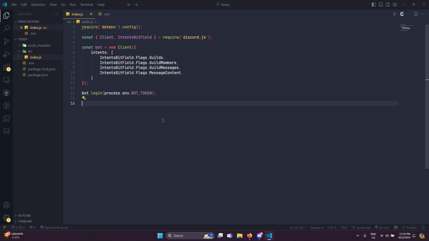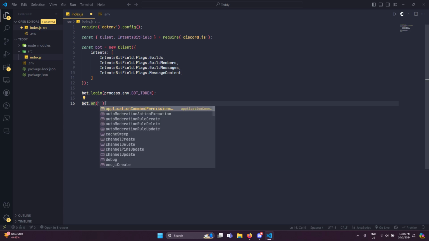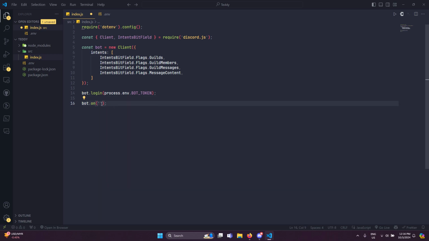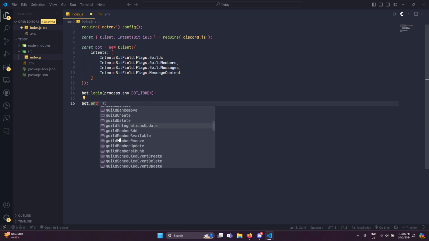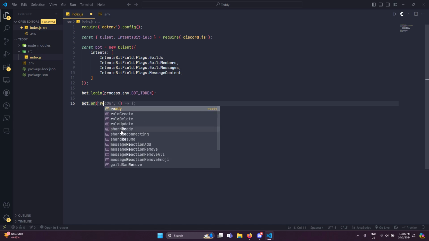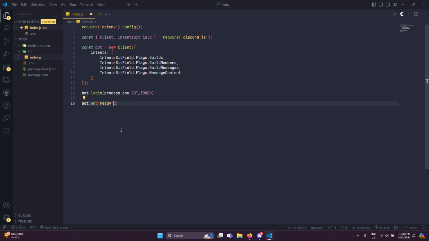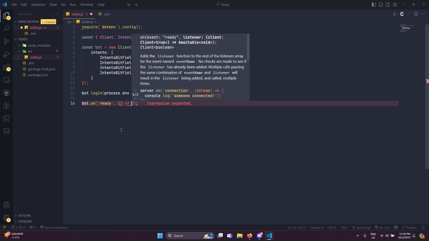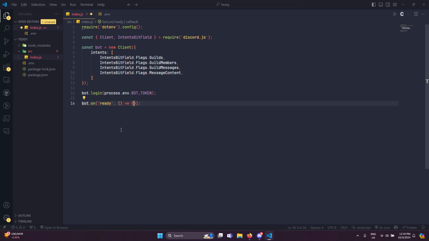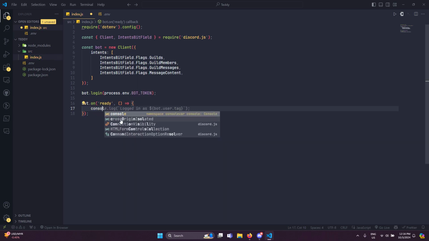Now, after that, bot.on. bot.on is an event listener, and this event listener listens for an event to happen. So if you click inside the quotation and press Control plus spacebar, you'll be able to see all these different event listeners that you can access. Right now, we need to type ready, basically when the bot is ready, and then we need to have a callback function, and this callback function will say console.log